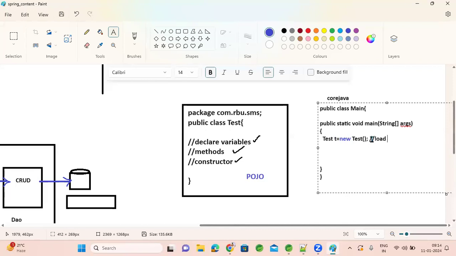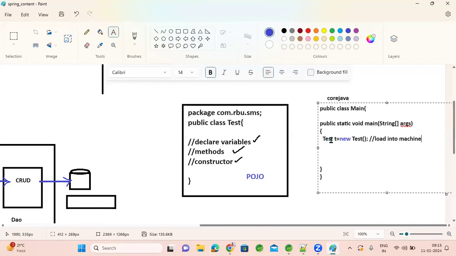Your logic loads into the machine. It will load into your machine and create an object for it. Whatever logic you have written will load into your RAM and be ready to perform your tasks, calculations, whatever you have mentioned here.